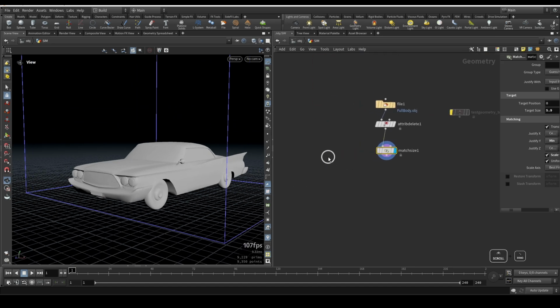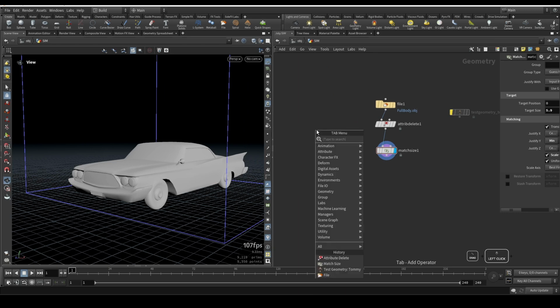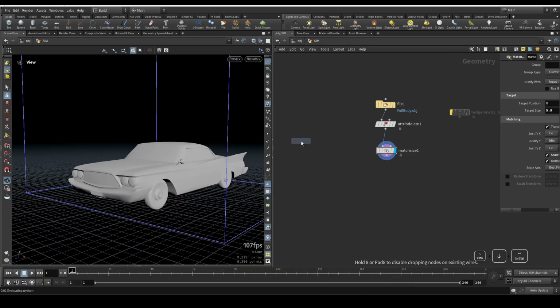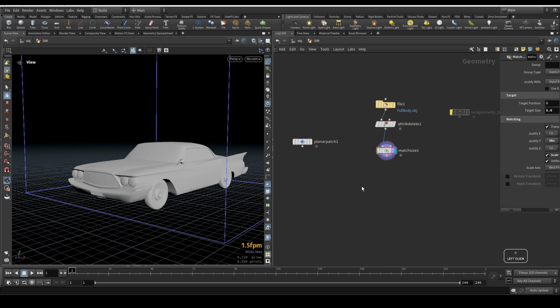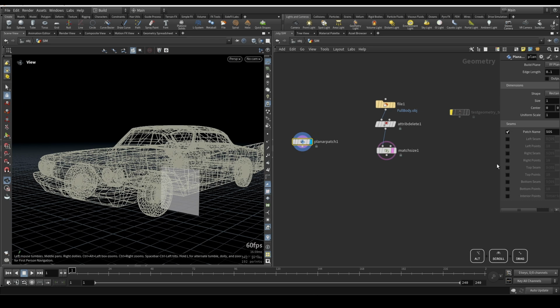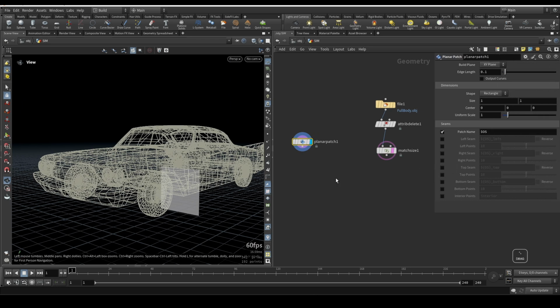Okay, so let's come to our cloth. We need a cloth, right? So let's search cloth. That's not what we need to search. We need to search planar patch. There are two options which we can use. One is planar patch. We don't need this at present, we'll just hide it, meaning we'll keep it as a template. Whenever we select planar patch, when we